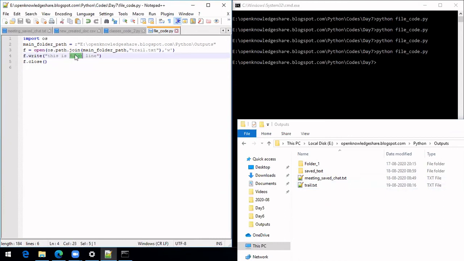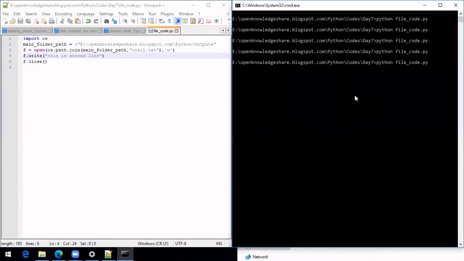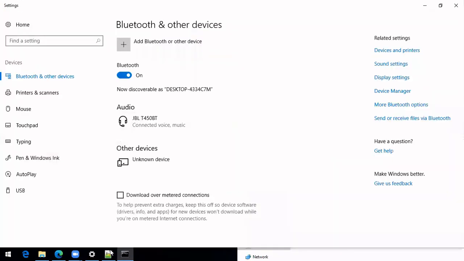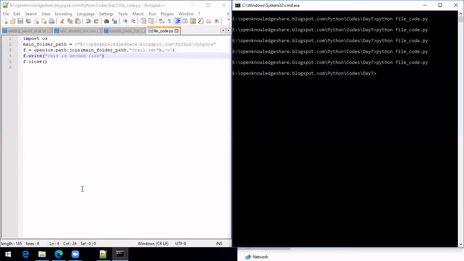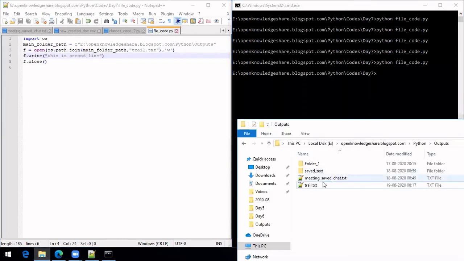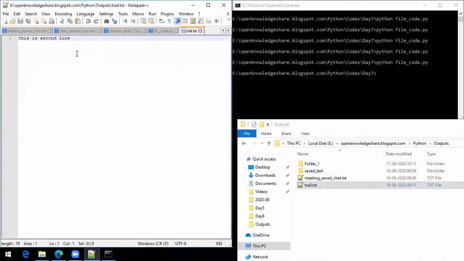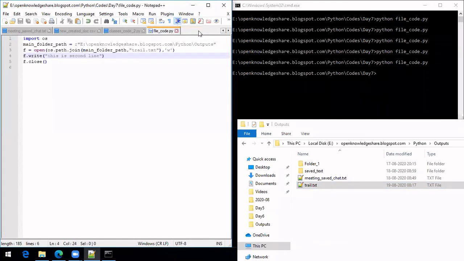I want to add one more line, I want to add this text to that. If I run this now and open it, it has overwritten on top of the first line.